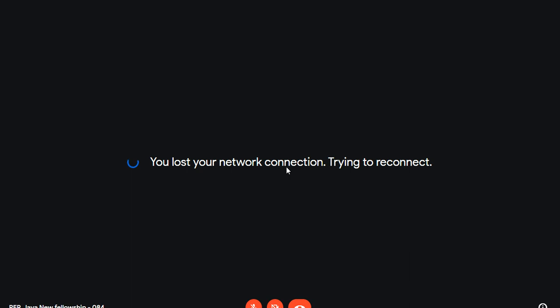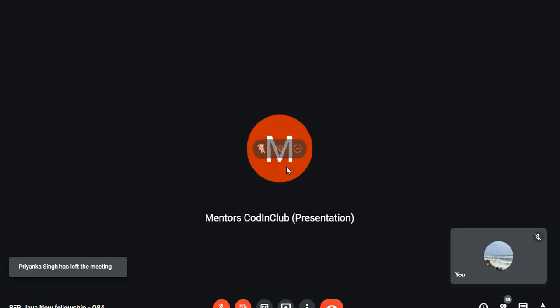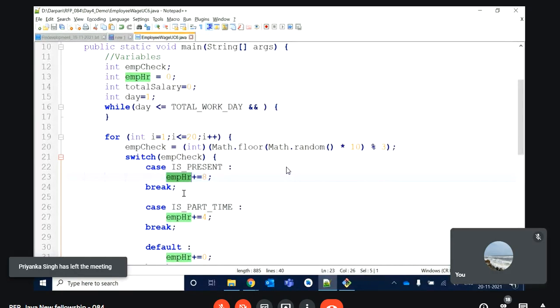Partial part day means half day. So 4 hours will be added into the employer. So every day when the employee comes, his working hour will be added into the employer.